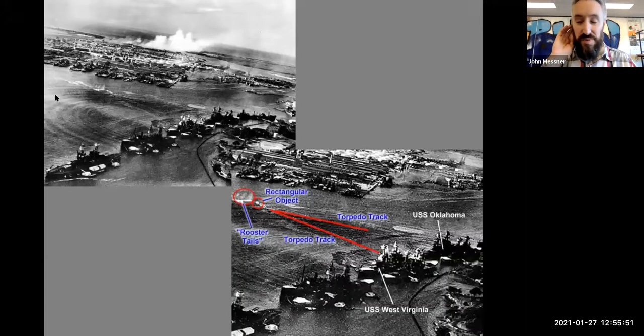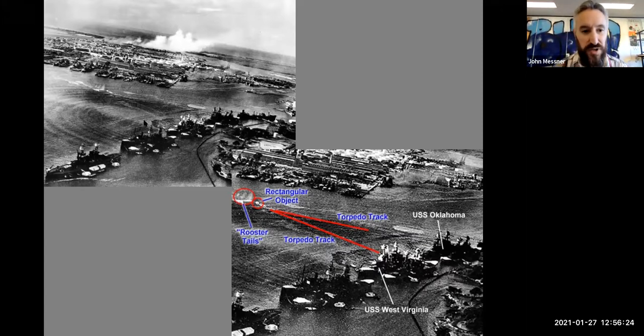So here are pictures actually taken by Japanese airplanes as they're flying in during phase 1 of the attack, which I think are really cool pictures. So here's Battleship Row, and I can't remember the name of this ship, but this is the Arizona right here, and then this is the one docked right next to it. And again, this is West Virginia, and I think this was California, right? And then Oklahoma. And so you see them just lined up, but you're seeing that this picture's taken right as the attack commences, and airplanes have already dropped torpedoes into the water.